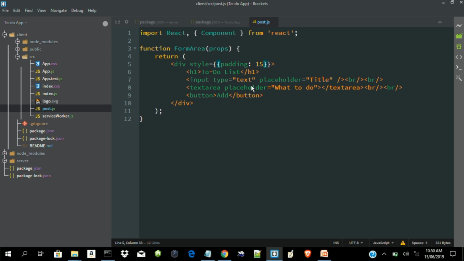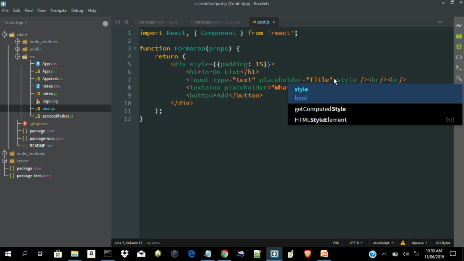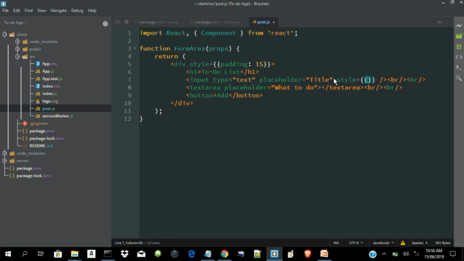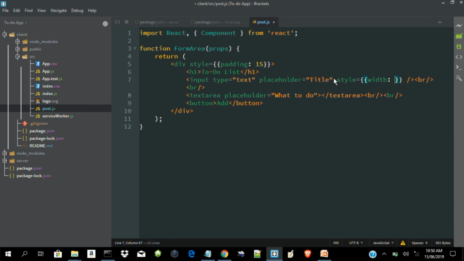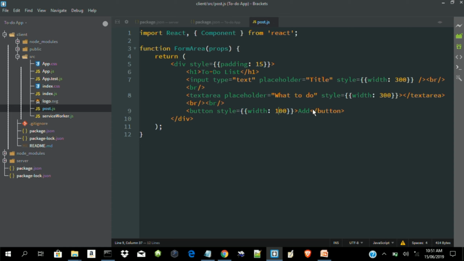Then for this, let's use a width of 300, and then let's use the same for our text area. For our button too, let's not use too much, let's just put it at